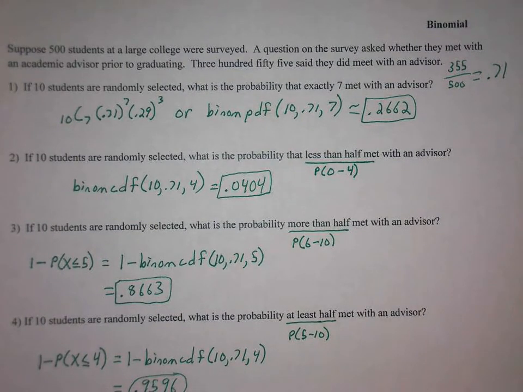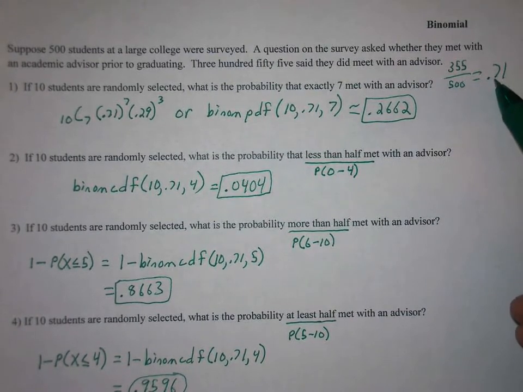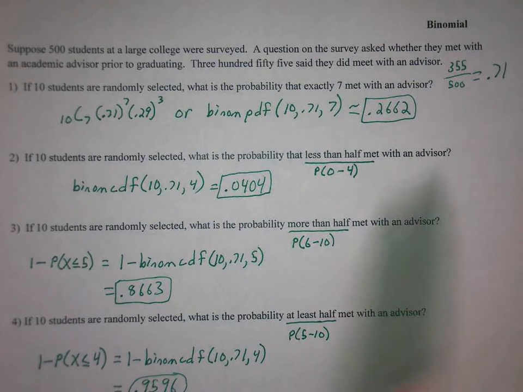So 500 students at a large school were surveyed. They were asked whether they met with an academic advisor prior to graduating. 355 said they did meet with an advisor. So the probability of success, if you're defining success as meeting with an advisor, is 355 out of 500, which is 0.71. So number 1,